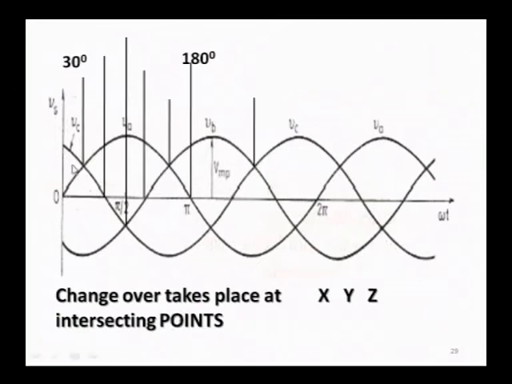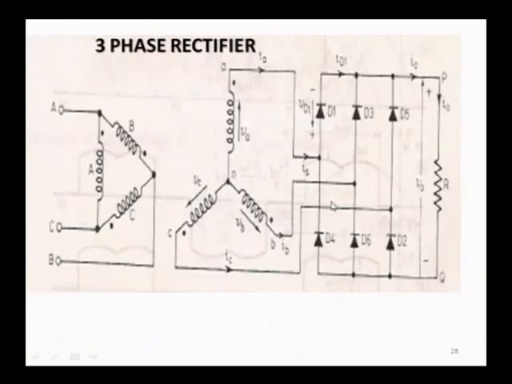Now this 3-phase line, starting like this, then like this, then mark this peak at 90 degree here, and then this one like this. Okay. The other phases similarly. Now why have I written these intersecting points? These diodes conduct at these intersecting points, and the changeover takes place at the intersecting point. When D1, D2 are conducting, it changes over to D3, D4 and then D5, D6.